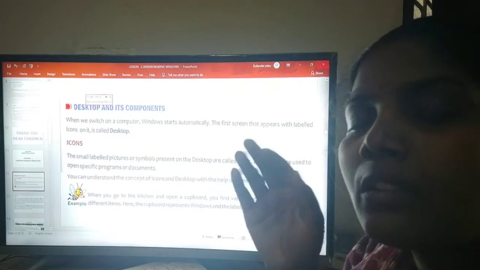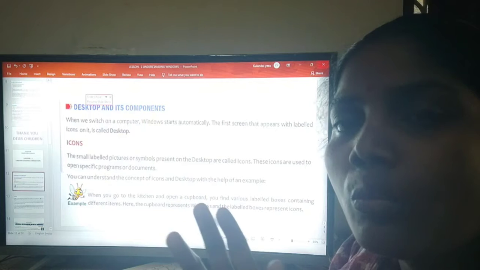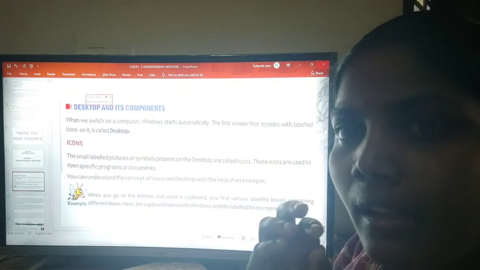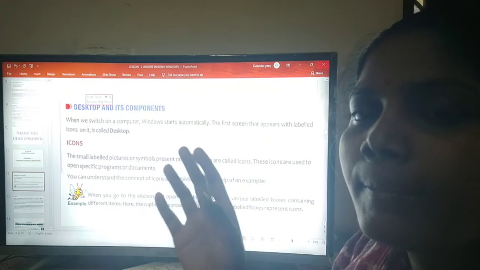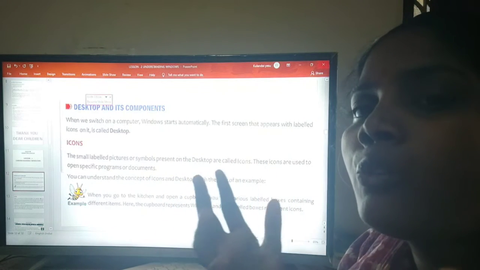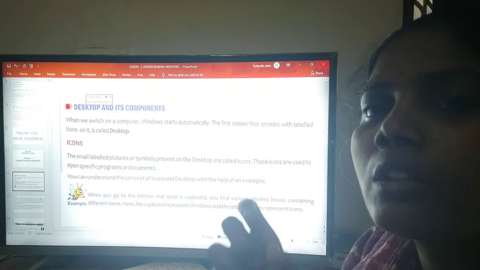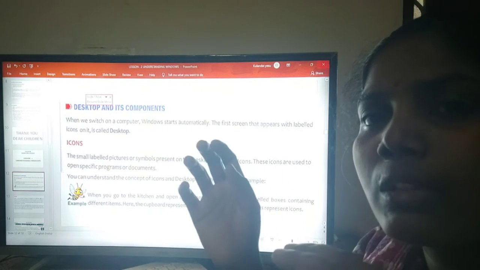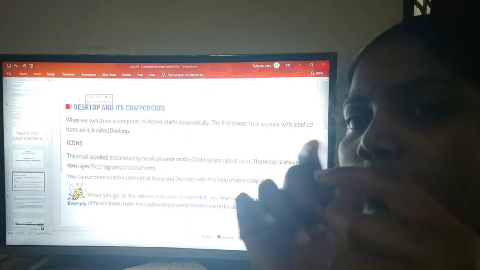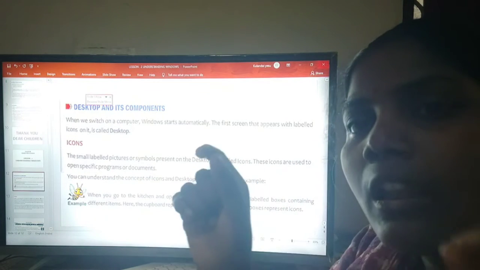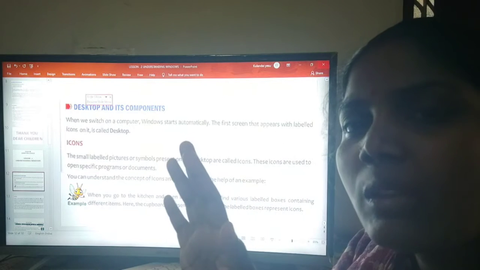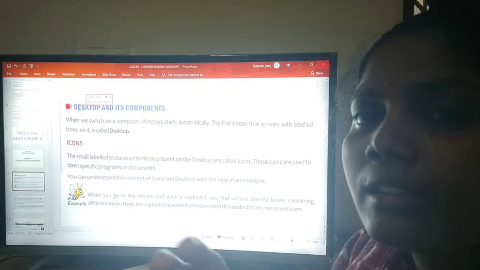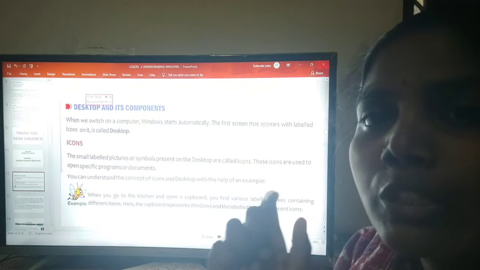In your kitchen, your mom has many boxes with masalas and other items, like sugar and dal. How do we find which is sugar, which is dal, and which is chicken masala or egg masala? Your mom writes a label and pastes it on the box, so we can find it very easily and take the particular box.